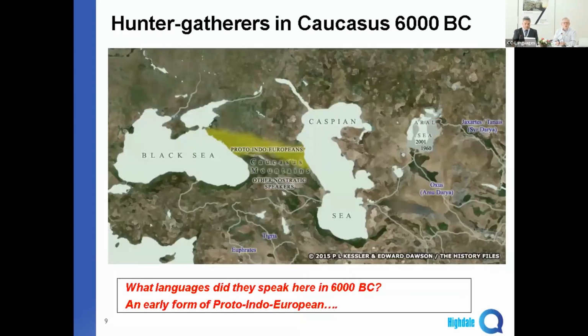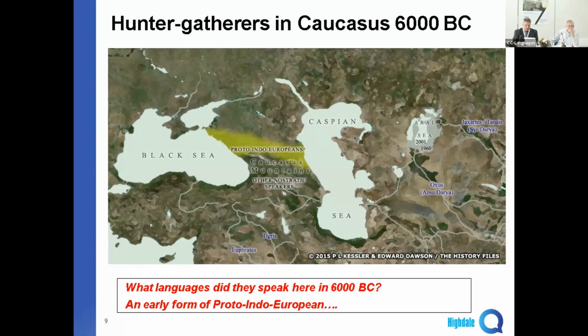To get closer to modern English, let's look at this map of the Caucasus in 6000 BC. You see the Black Sea on the left, the Caspian Sea on the right, and you see the little yellow stripe in the middle? That, ladies and gentlemen, is your home. That's where the language comes from. That's where most of you come from. The Proto-Indo-Europeans lived in that little slice of the Caucasus Mountains about 6000 BC, about 8,000 years ago. They had originally come from Africa and the Middle East, bringing some language with them, we don't know. But by the time they get to this place, they are starting to speak the language out of which English has grown.